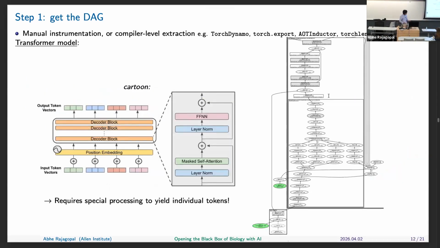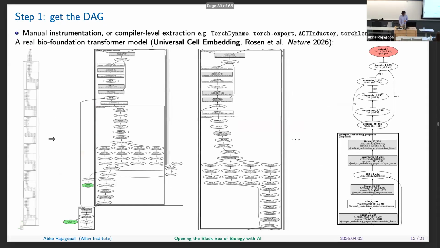But you can do the same thing for transformers. This is the cartoon of how a transformer works in the block that you might read in a paper. But this is the actual architecture. And what's pretty interesting is, here, I'll do it online for people online, but you can see the K, Q, V branches of the transformer model in all the computations that it's doing. And again, we need special processing because these are really high-level matrix multiplications. You're not getting at the token level, or really what is the basic unit that the model is processing.